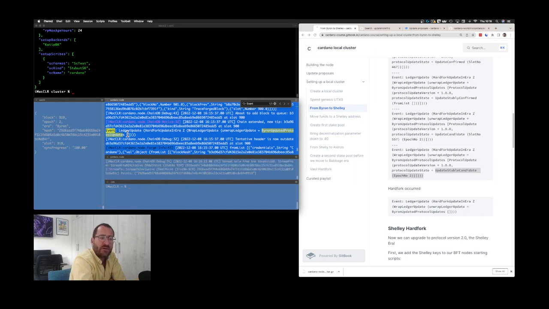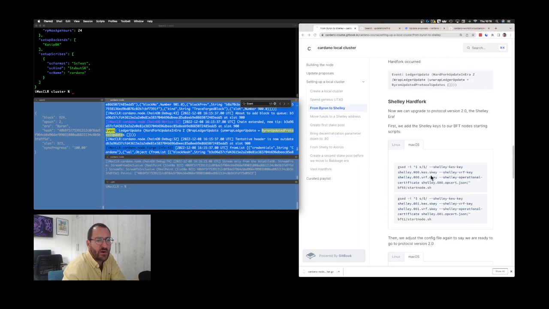So from here, we want to actually go to Shelley. And to go to Shelley, you guessed it. Yes, you're right. We want to submit a new update proposal that will say that we are going to go to protocol version 2. But before I can do that, I actually need to